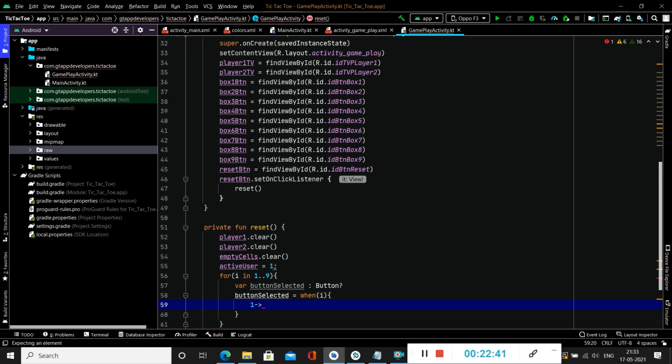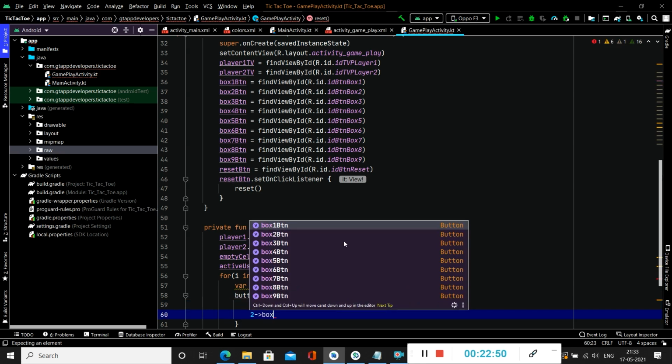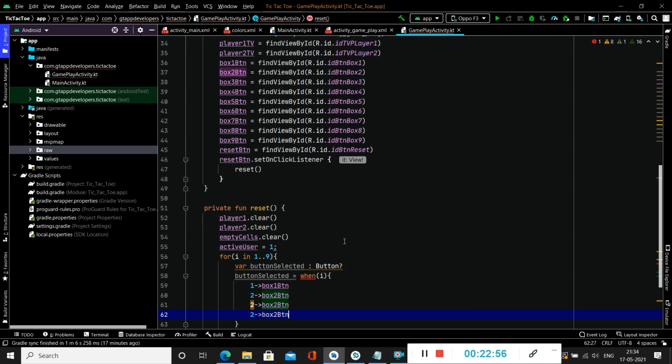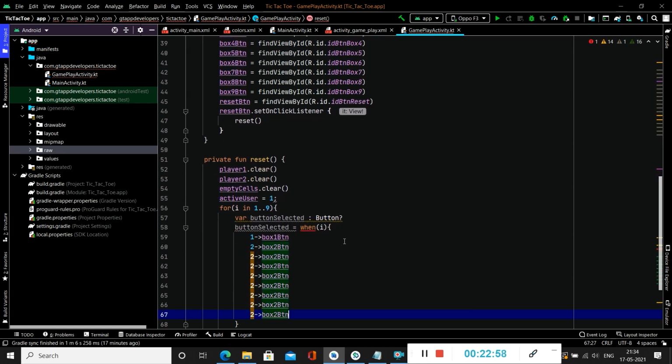We will initialize the index to each of our buttons, that is box 1 button. Similarly, we have to do it for the other buttons as well, that is 2 for the box 2 button. So we simply press Ctrl D to create it for all. Now we will change the IDs and index for each of our buttons.